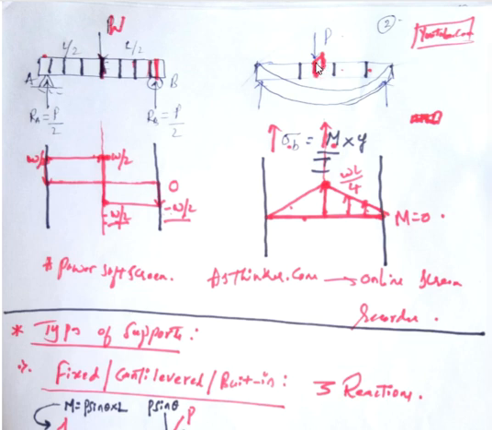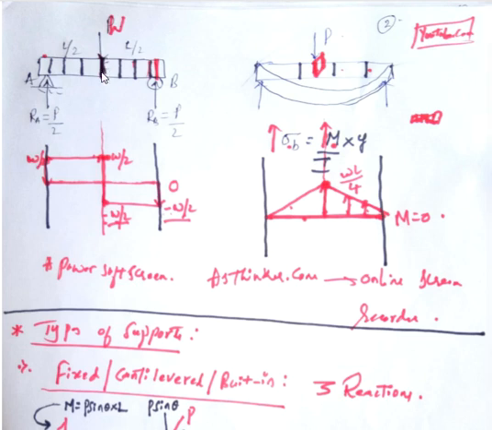Okay, because of that, whichever cross section is subjected to maximum bending moment, that cross section will also be subjected to maximum bending stress. When it is subjected to maximum bending stress, then if the beam fails, it will fail at that cross section where the bending moment is maximum. Similarly, if the beam fails because of the shear force or shear stress, then it will fail at that cross section only where the shear force is maximum. So such a cross section becomes critical cross section because it is subjected to maximum bending moment or it is subjected to maximum bending stress.